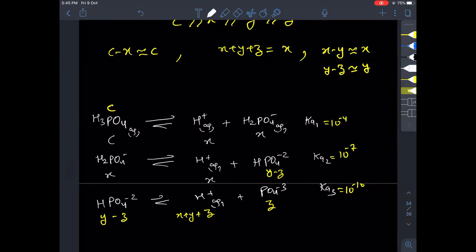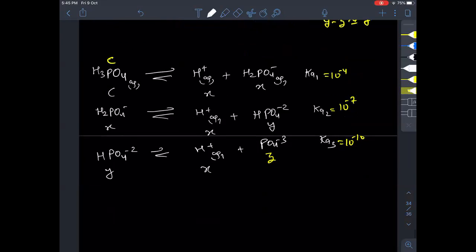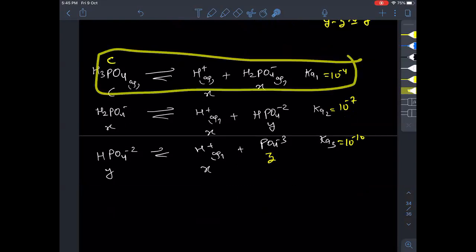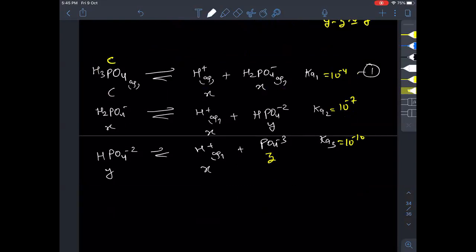By looking at this value y minus z, it will be simply y. Right? By looking at these y minus z, I can simply write as y. By looking at this value, I can write simply as x. Whatever I did, now our entire thing is over. Now this has become a very simple equation. I can simply solve it by one.